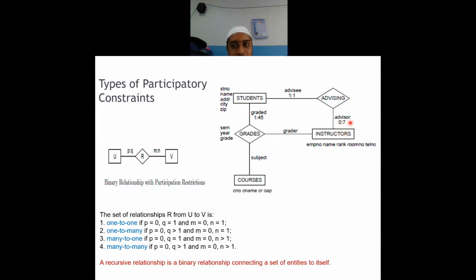Similarly, at the maximum, how many students can the instructor interact with? Seven students. Usually, when we go to universities in higher studies, there will be a limitation of students per faculty, and the basic limitation is that there should be a 1:1 ratio for the faculty and the training. Here also, students are graded, there is a grades relationship. How many students can take up the courses?